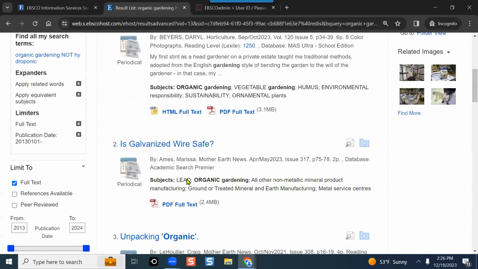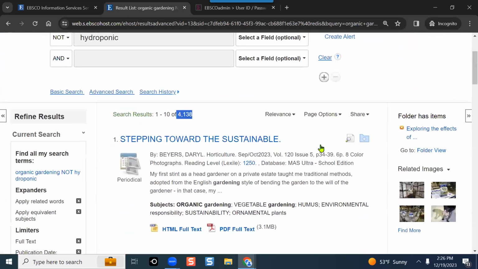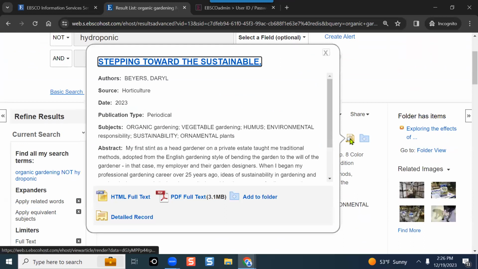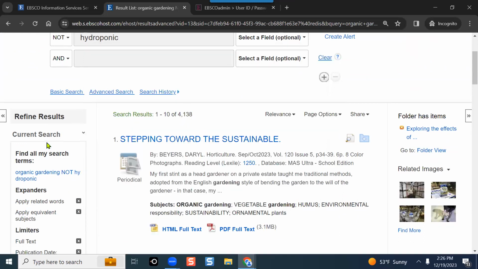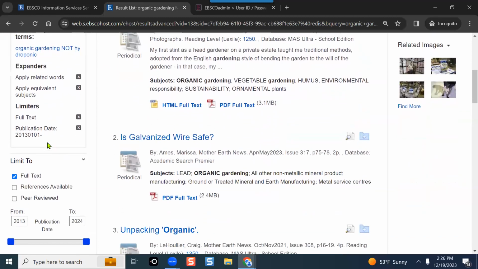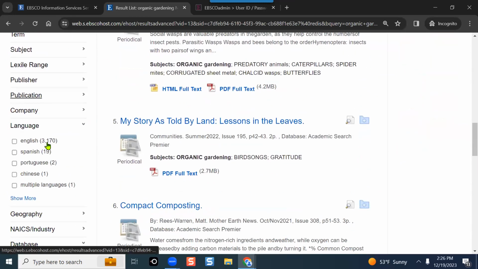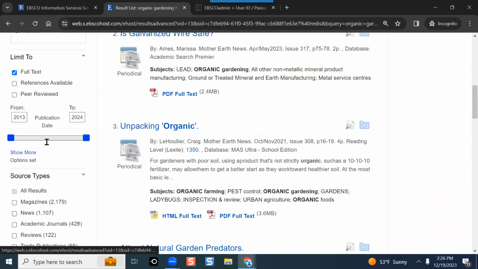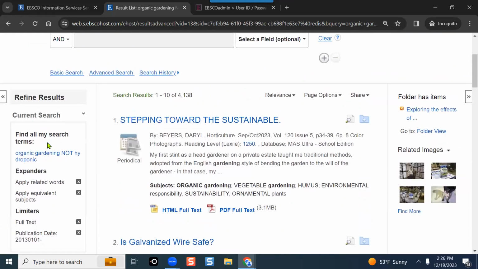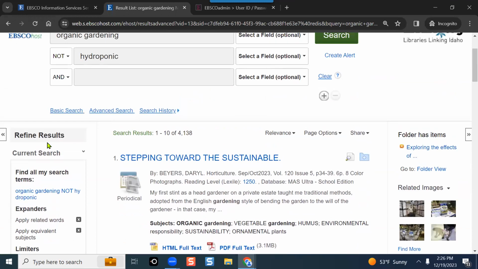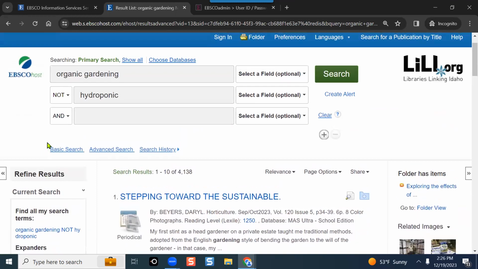Similar layout, all of our search results are listed here. We can take a quick look at the abstract. You get a summary of the article. We can refine our 4,138 search results utilizing these limiters and facets over on the left. I won't bother to demonstrate that for time's sake, but I want to talk to you about the option to